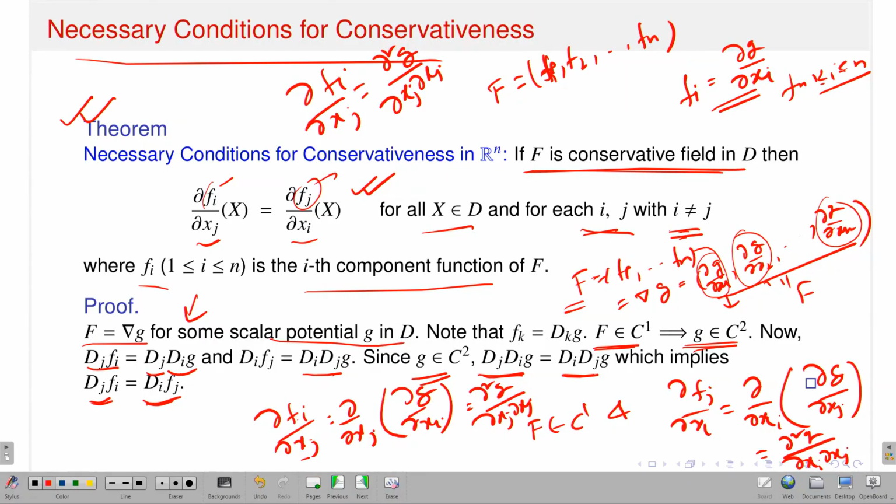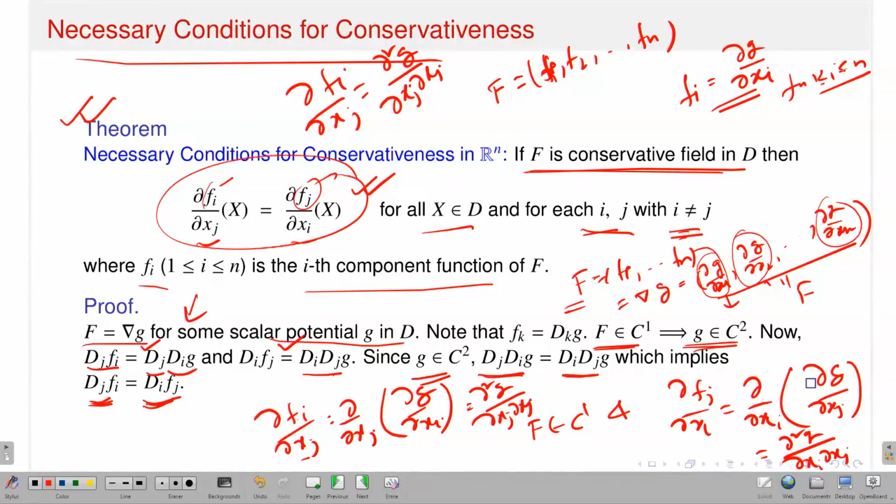Then by the earlier theorem it is a gradient vector field. So, that means you have a scalar potential small g such that capital F is exactly equal to the gradient of g. Now, capital F is a C1 vector field, which implies that your scalar potential small g is in C2. That means all the second order partial derivatives exist and they are continuous, and hence the mixed derivative,